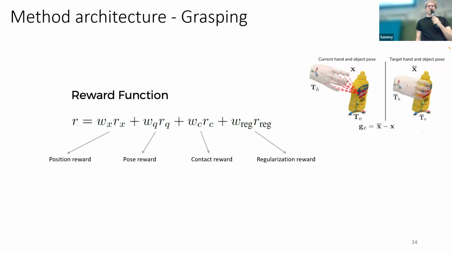In our reward function, we do a combination between positional rewards and contact rewards. And this is quite crucial because a lot of these references that we get have some interpenetration. They may not be exactly in contact with the hand. So by combining rewards that incentivize imitating a certain position and actually achieving contacts with the objects, we can get rid of some of the noise in the data.